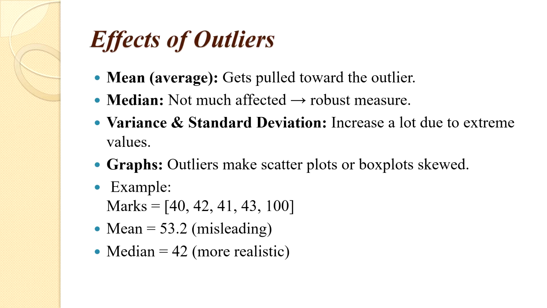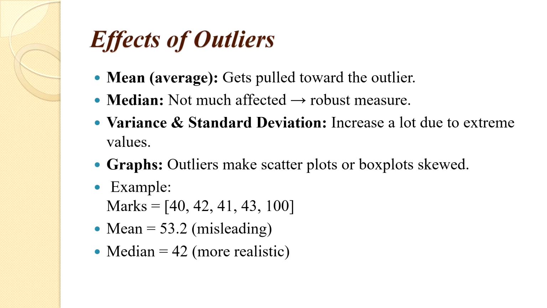Now we will see the effects of outliers. Outliers are extreme data points that affect the central tendency values. What is central tendency? Mean, median, mode, variance, and standard deviation. Outliers heavily influence the mean and standard deviation, but have less effect on the median and mode, which are more resistant to extreme values. Handling outliers requires careful consideration, with common strategies including removal, capping, or data transformation.